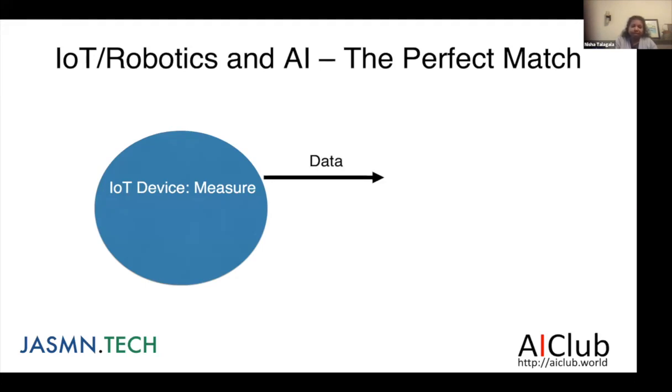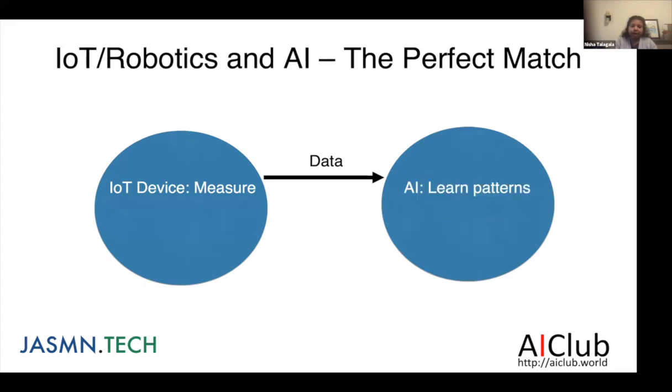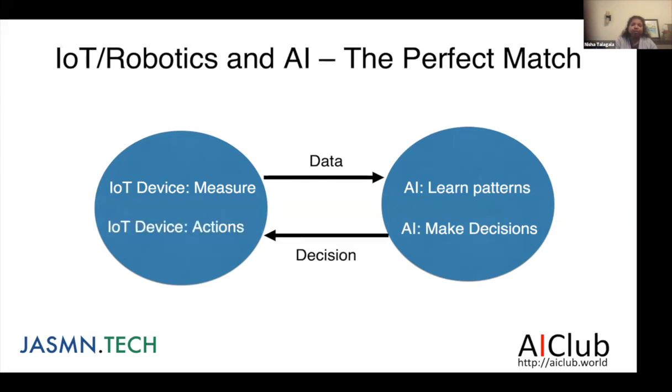Now, data by itself is valuable, but without understanding what it means, there isn't that much you can do about it. So now you've got AI, which knows how to learn patterns from the data. Once it learns patterns, it can use those patterns to make decisions, recommendations, plans, warnings, things of that nature. And once it has these decisions, it can send those decisions back to the hardware that then knows how to take action on those decisions. So this cycle becomes possible because of the presence of both hardware devices, IoT and robotics, and AI for the